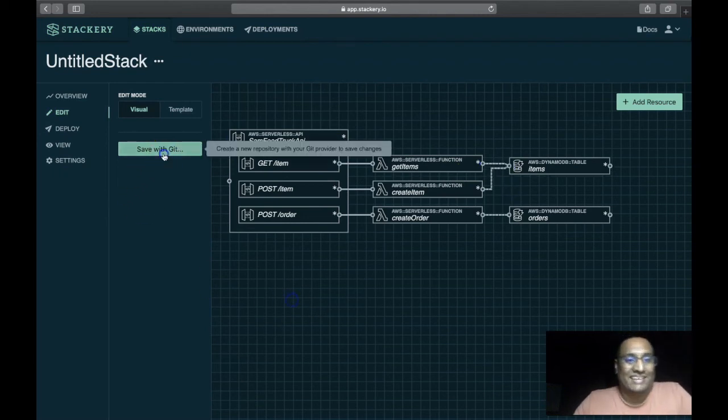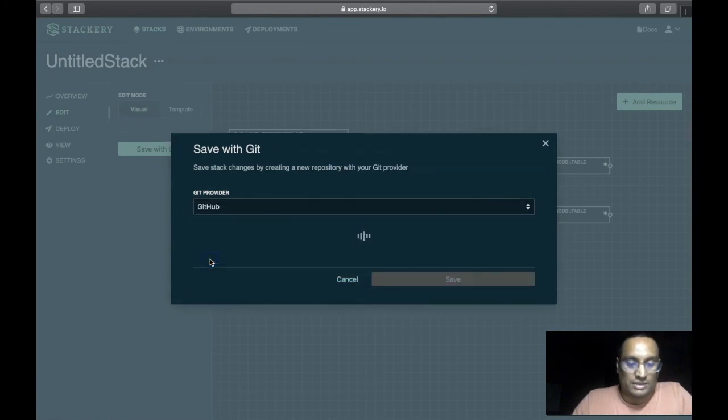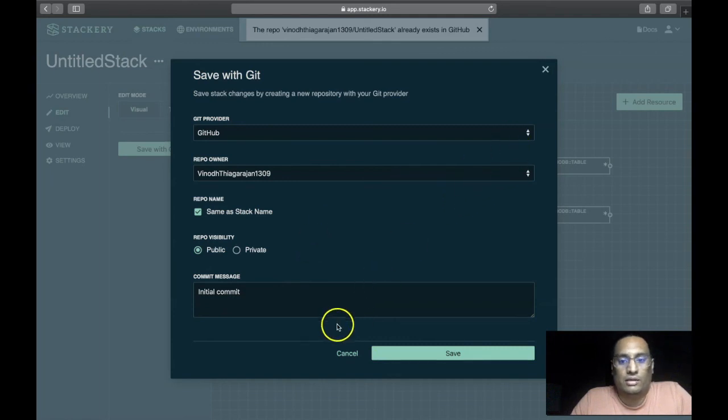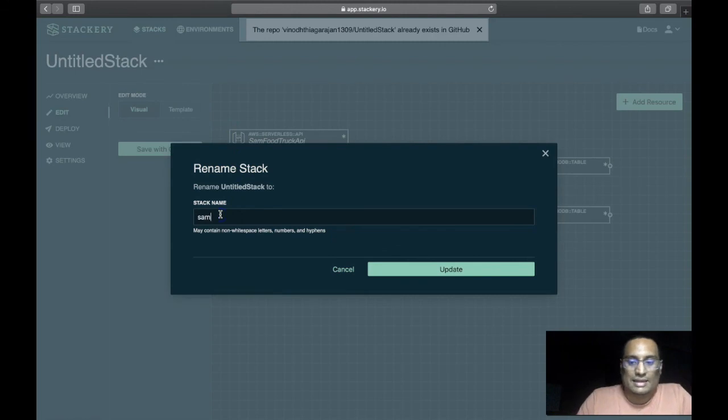And now I'm going to save this whole repository into Git. I have already chosen GitHub as my repository. Authenticate Stackery to create a repository over there. Okay, I have a name. I need to rename this. Rename to SAM Food Truck Endpoints.